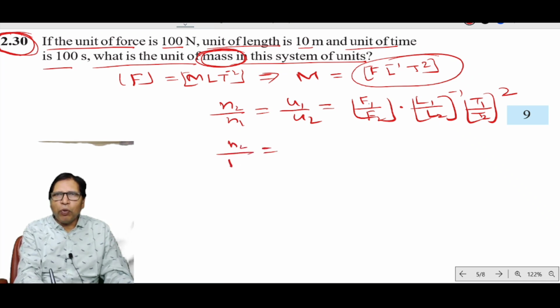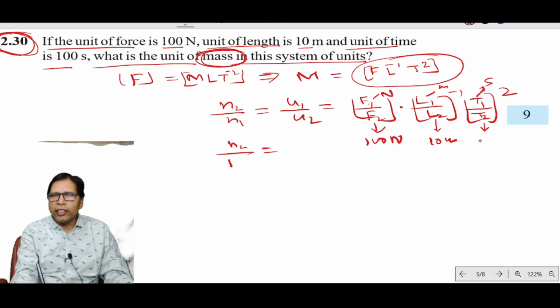Now F1 is the Newton, and F2 is 100 Newton. L1 is the meter, and L2 is 10 meter. And T1 is the second, and T2 is 100 second. Okay. Now this is N2 by 1, which is Newton by 100 Newton,